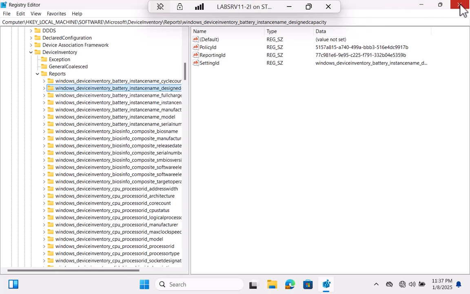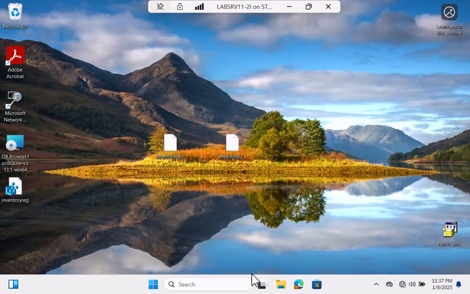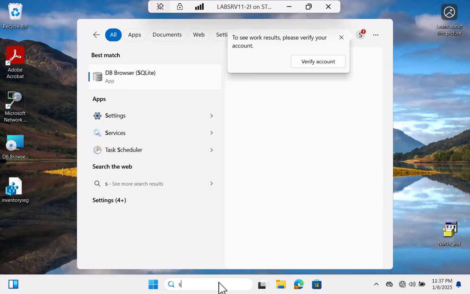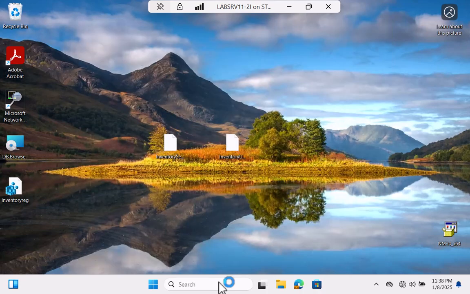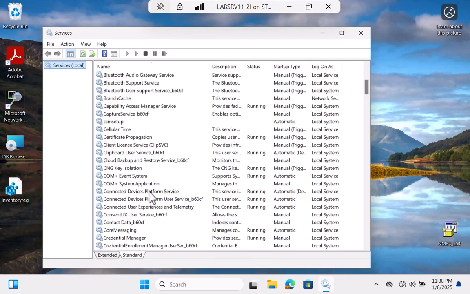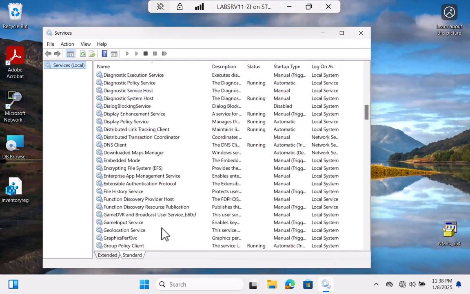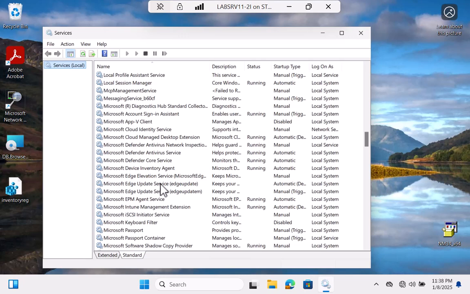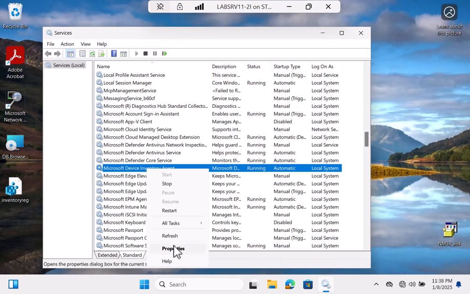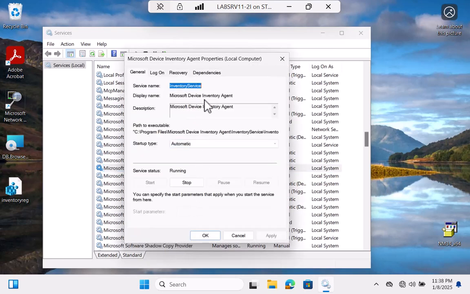Okay. So in addition to this, I mentioned the device inventory service. Is it Microsoft device? Yeah, right here, right? So this is a service that gets installed when you enable enhanced inventory. And if we look at properties, and it does need to be running, obviously. If we look at properties, we can tell that, hey, here's where the service